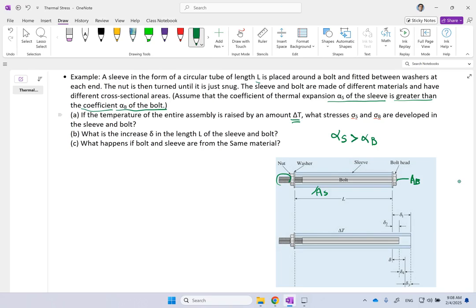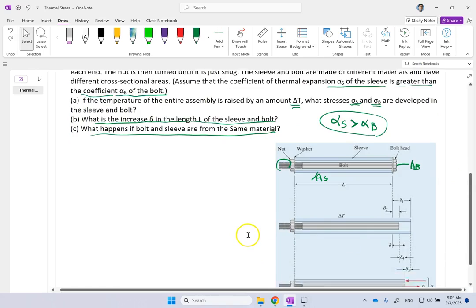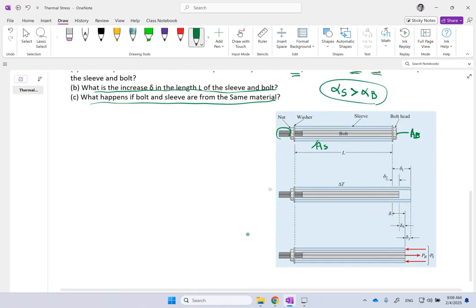Okay, and we want to first of all find these stresses, sigma S and sigma B, the stresses in them, and the change in the length of the total system, delta, and then see what happens if they were made from the same material, which basically means these two alphas were the same. Okay, what would happen? So here, in order to look at that, what we do is we first remove one side of the constraint, the same thing we did with